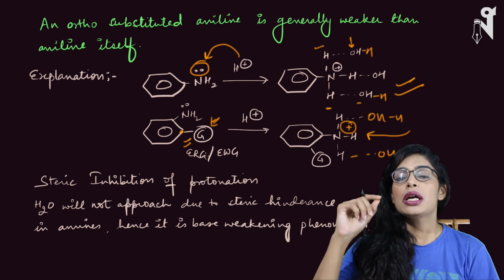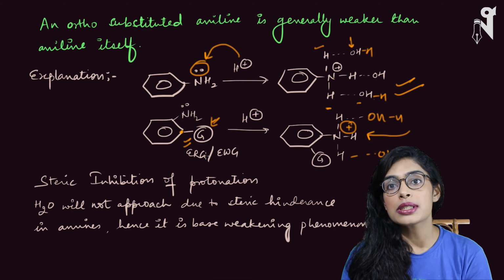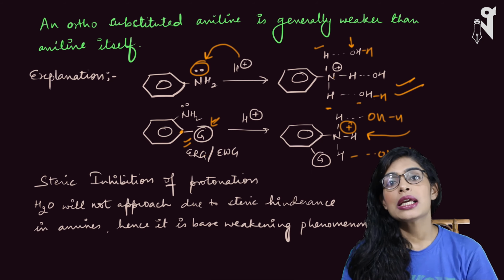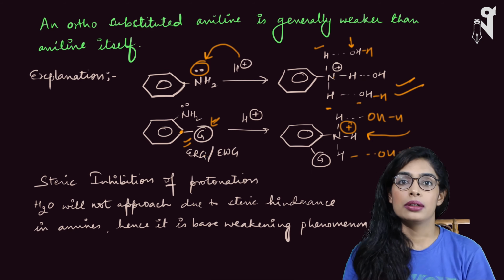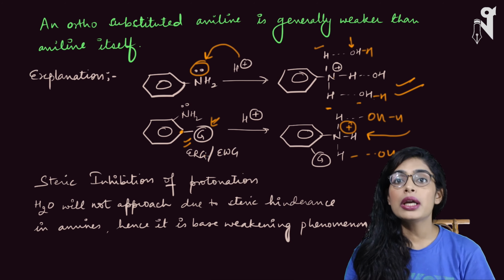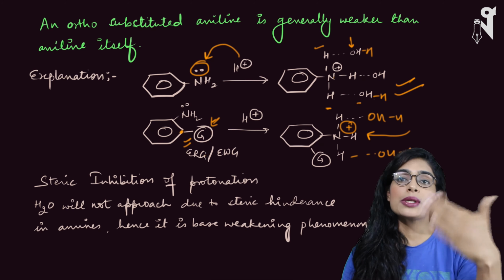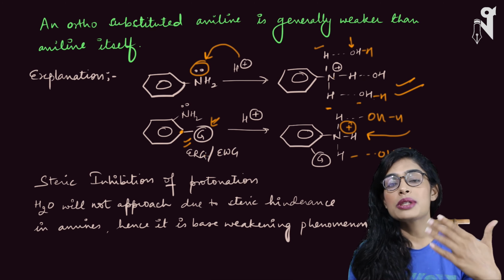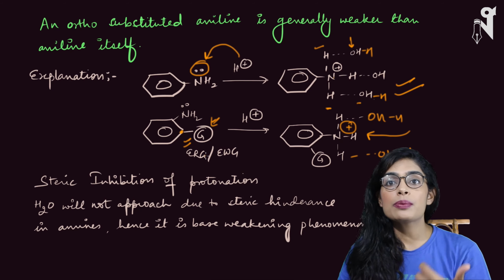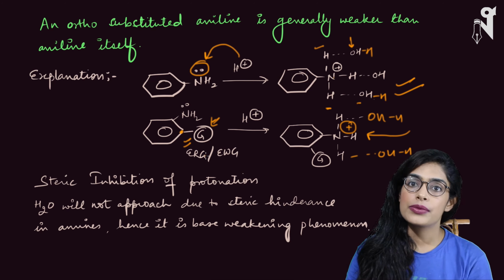So here, what is the group? It doesn't matter. It can be electron donating, it can be electron releasing, but both types of groups will hinder the process, will hinder the protonation. Protonation means acceptance of H plus, and hence this phenomenon makes your base weaker. So presence of any group on the ortho position makes your aniline's nitrogen a weaker base. Whereas if electron donating groups are present on the meta or para position, they increase the basic strength. If electron withdrawing groups are present on the meta and para position, they further decrease the basic strength. So I hope you have understood.